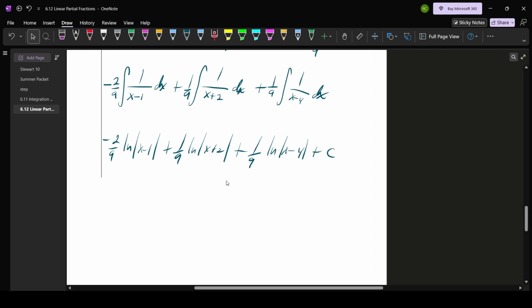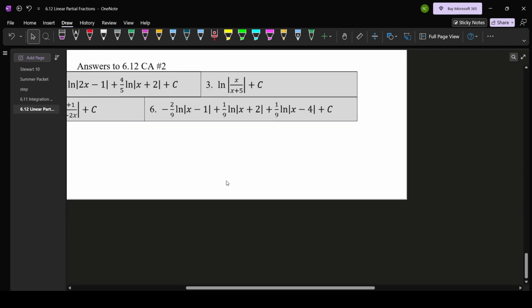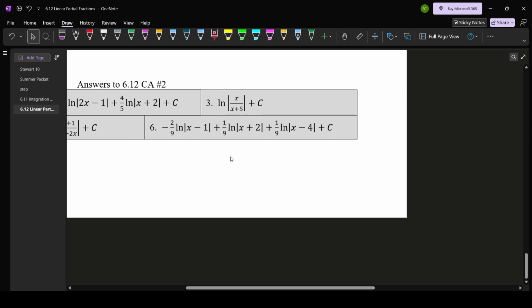Now, this is correct. We could leave it like this. Let's check the answer key to see if they have a different format. No, they left it like that,